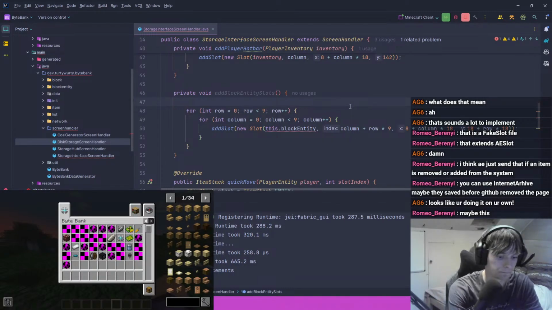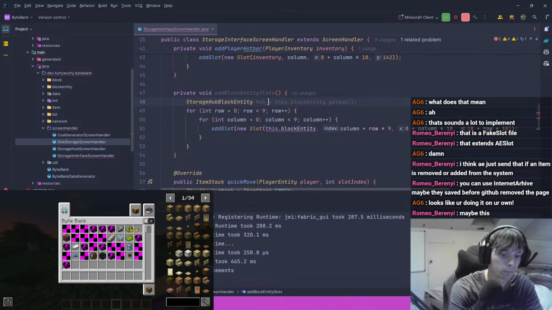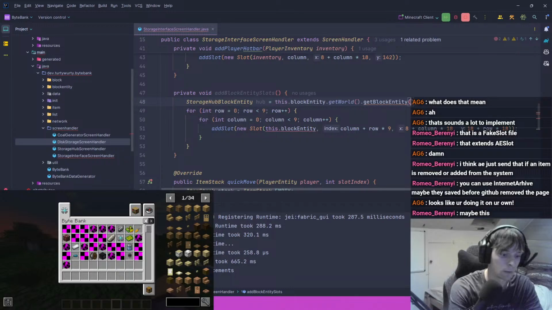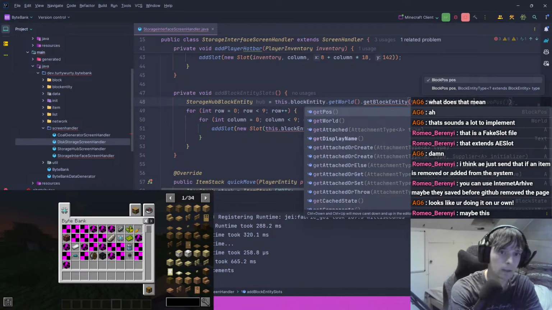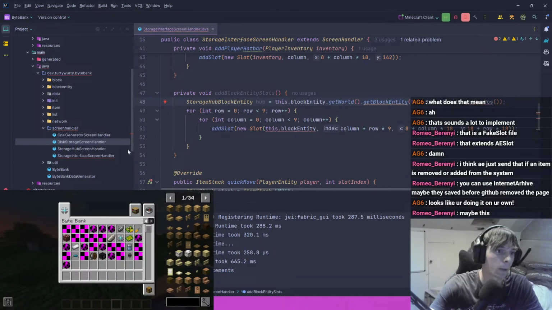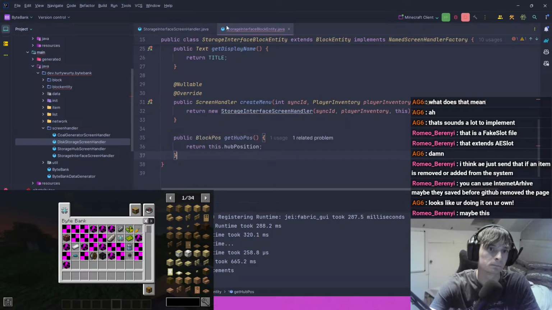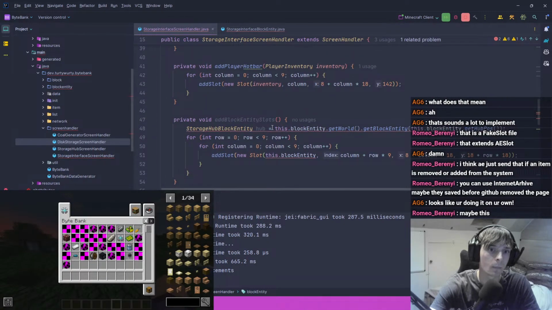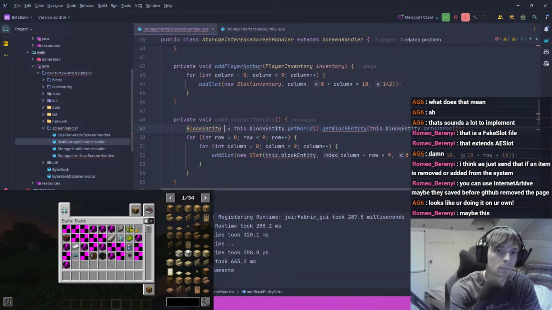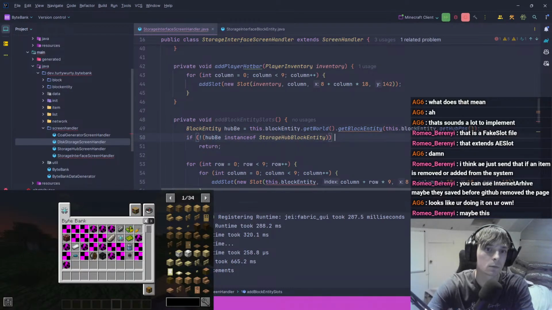So, let's say storage hub block entity, which is going to be the hub, which is going to be this dot block entity dot world dot get block entity, this dot block entity dot get hub pos, which I thought I created, but apparently I didn't. Hub position. There we go. And I will have to cast that. So I'll say block entity. Hub BE. Then I'll say if it's not instance of that,